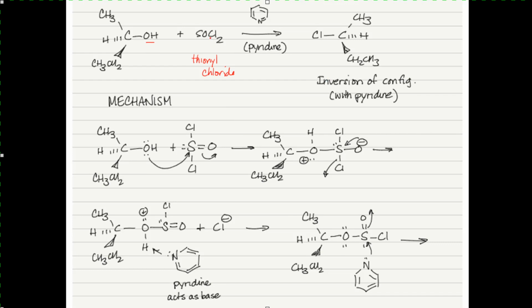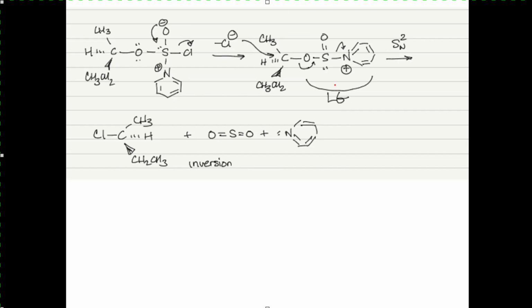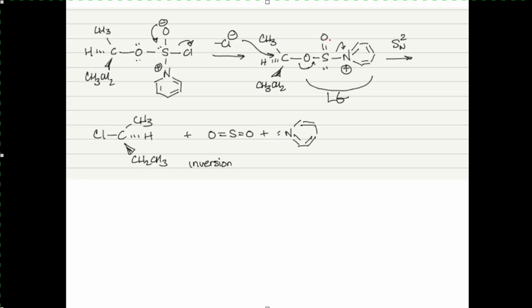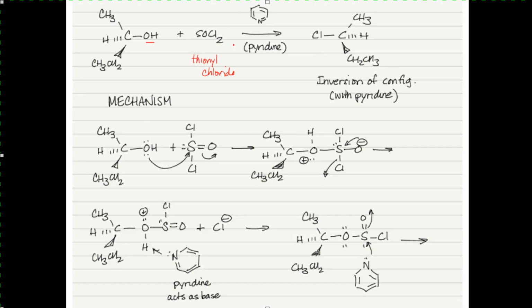And it turns out it depends on the solvent that you use. So with pyridine, it gives inversion of configuration, and then with an aprotic solvent like ether, it gives retention of configuration. And so Top Hat is really good about explaining why there's this discrepancy in the internet and in textbooks as to whether SOCl2 undergoes an inversion